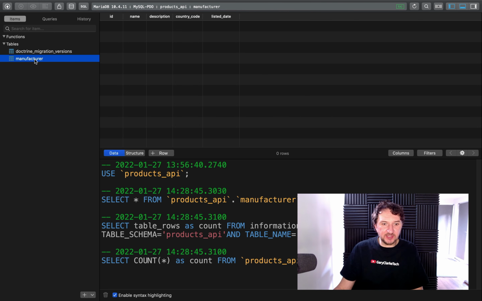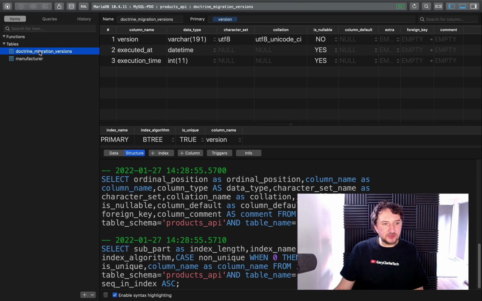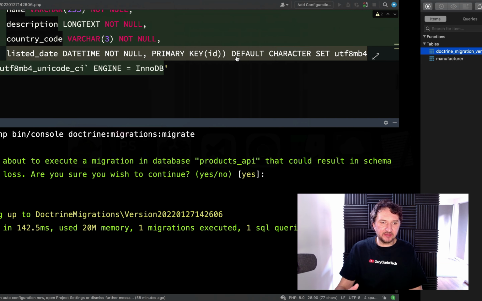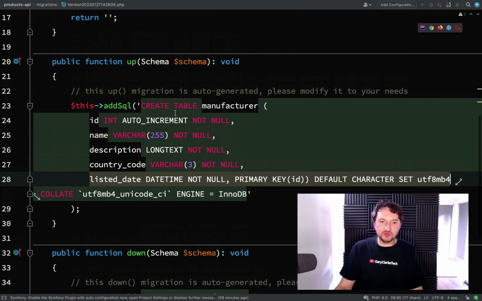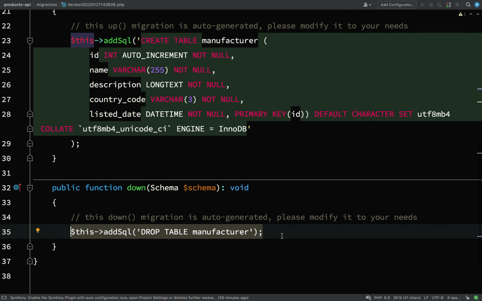I'll first look at manufacturer. So as you can see, we have an ID, name, description, country code. If we look at the structure, everything is all there. This other table is doctrine migration versions, and that is actually referring to the version files, i.e. the migration files, and it's saying which ones have been run and when they had been run also. And that way it keeps track of everything which has been created in the database and when it has been created, so you can run the schemas up like we've just done there, but if we need to roll back, it just keeps everything under version control, so everything can be done in the correct sequence